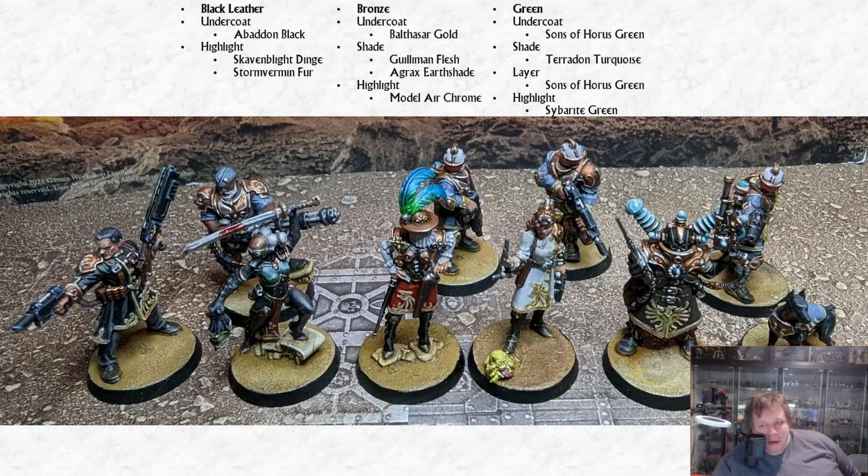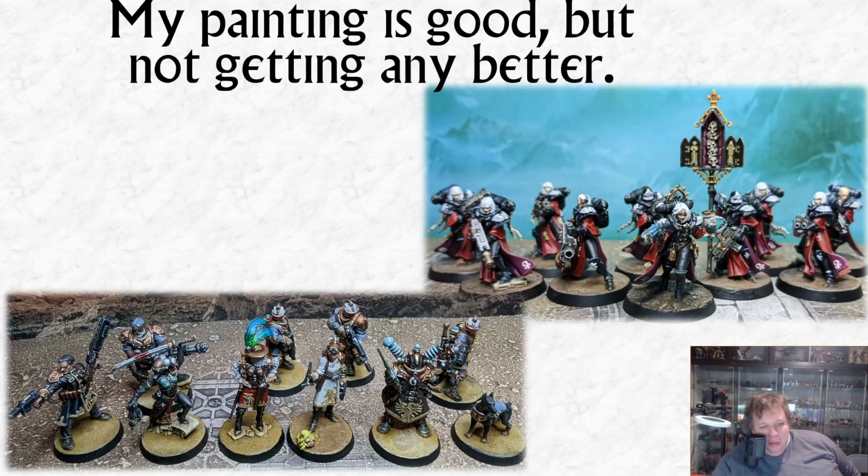I want to talk about my hobby for a little bit, my kind of hobby life. I feel like I've plateaued. I know that I paint quite well, because I post my stuff in various places, and the feedback's always pretty positive. People are always like, "Oh, that's really good. They look really cool." And I never know if people are just being polite,